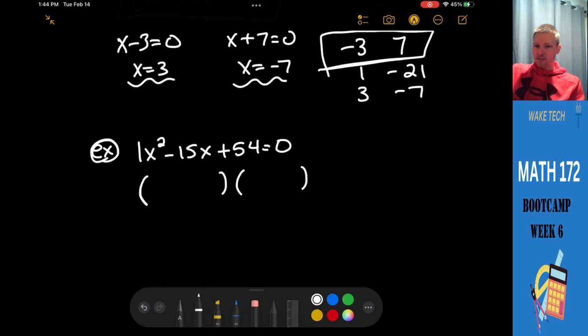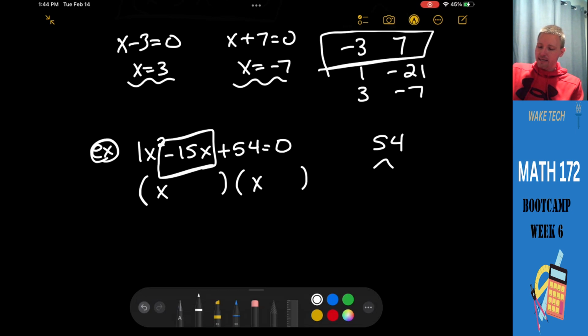Again, this is our third one of these. So the first term in each group is an x. We need some numbers that multiply to 54 and add to negative 15. So again, we can make our list. Since they need to multiply to a positive number, but add to a negative number, that tells us that each factor has to be negative. So -1 with -54, -2 with -27,